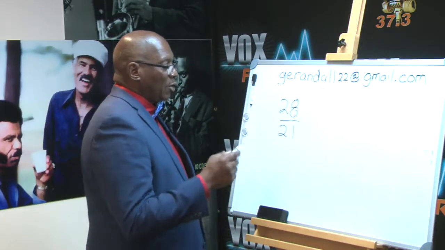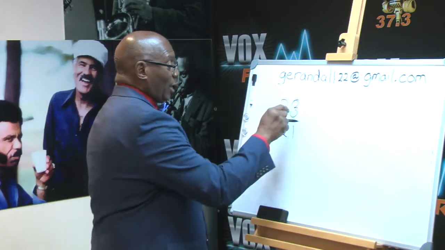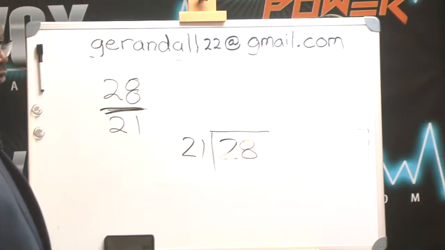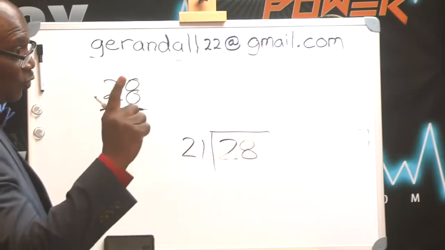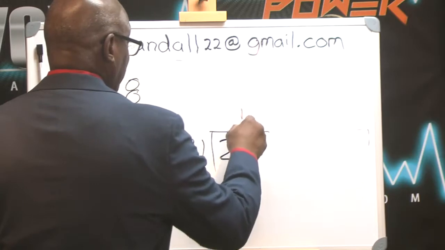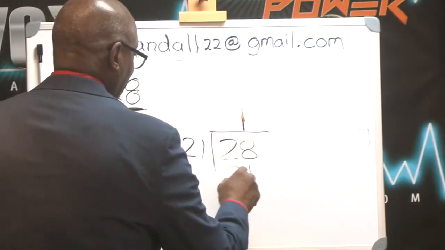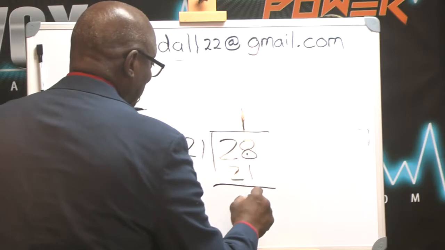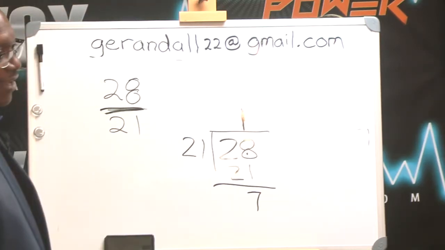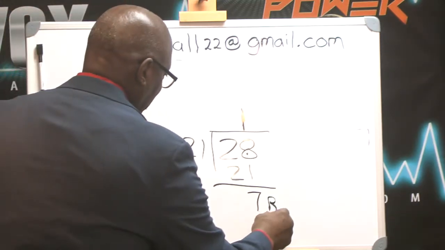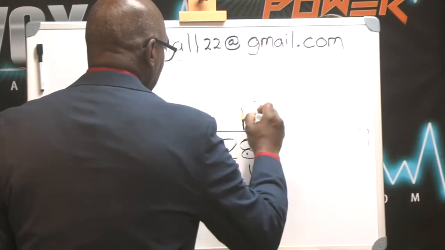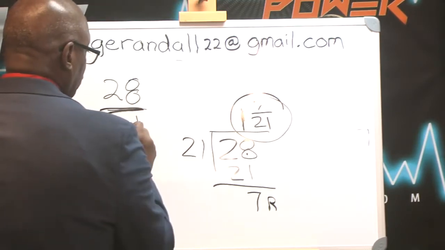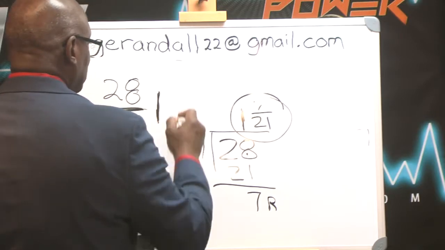When we do this, this line also says 28 in the house divided by 21. How many 21s can you get out of 28 without going over? 1. Again, we're back to our basic math. 8 subtract 1 is 7. And that remainder becomes your numerator. The way you express 28 over 21 as what's called a mixed number is 1 and